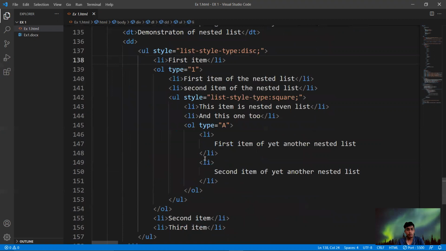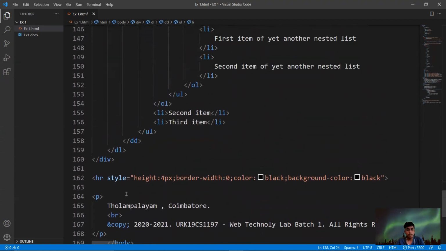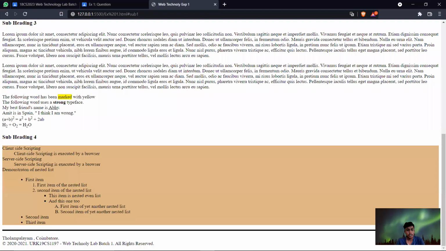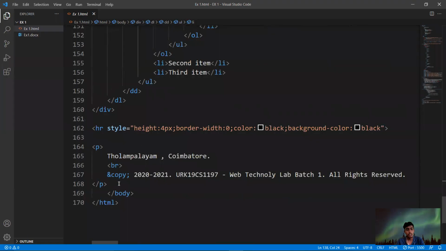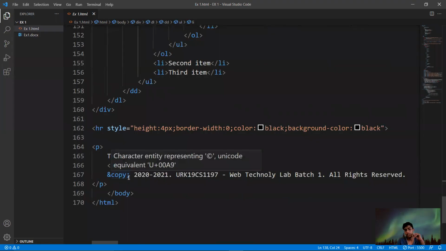And in the footer part, we are giving a paragraph, and I'm giving the copy symbol inside a circle, using the copyright symbol. The copyright symbol can be used as ampersand copy semicolon.